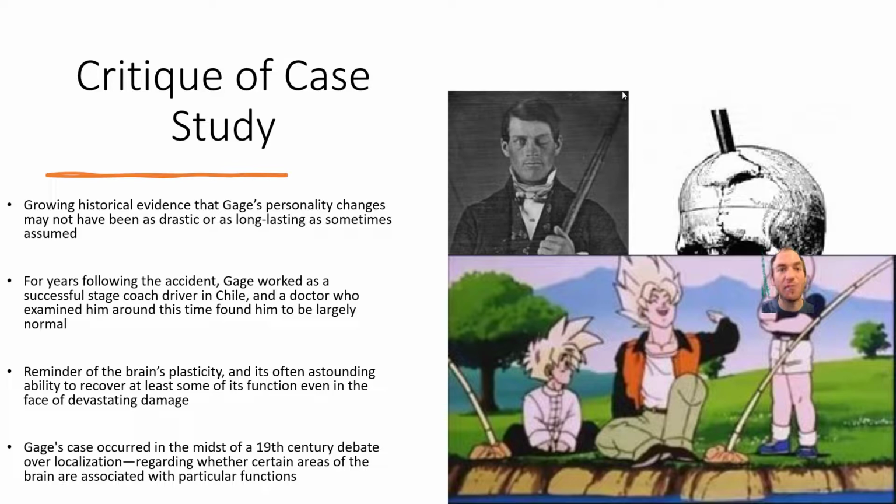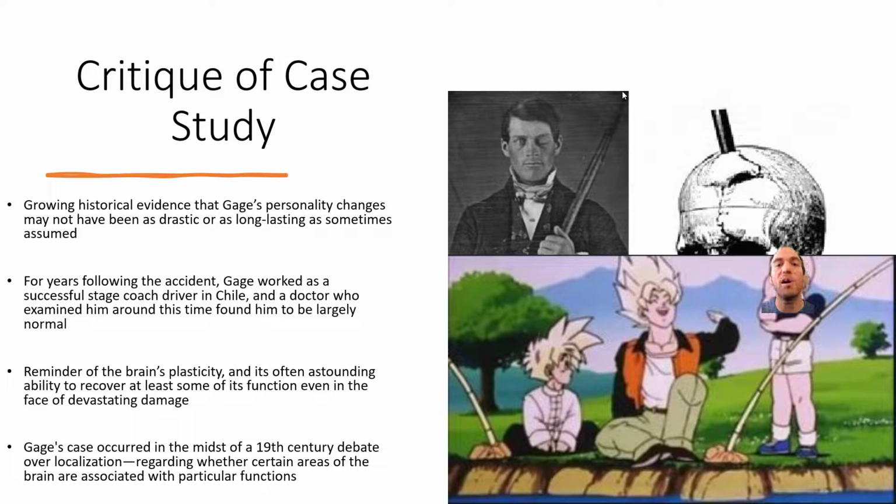Of course, we didn't have fMRI and all the brain imaging technology we have now 200 years ago. So maybe he did have those initial profanity and impulsive behaviors, but over time the brain adapted, again representing neuroplasticity. Maybe different parts of the brain compensated for damage to the prefrontal cortex to make him more or less impulsive over time. But also, the scientists at the time could have been exaggerating their claims, because there was a big debate at the time